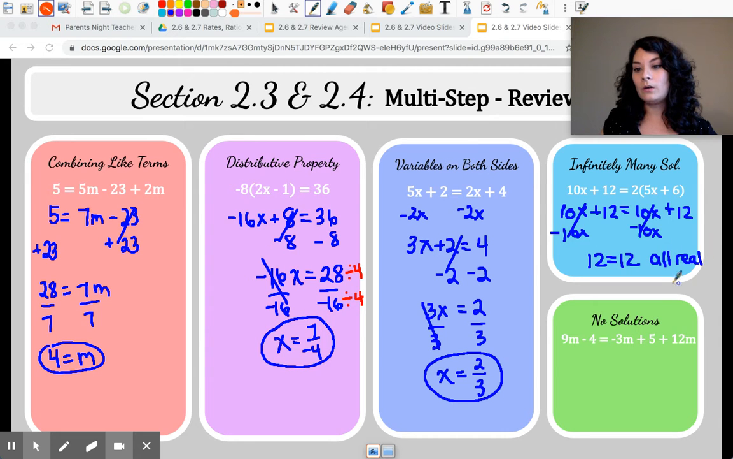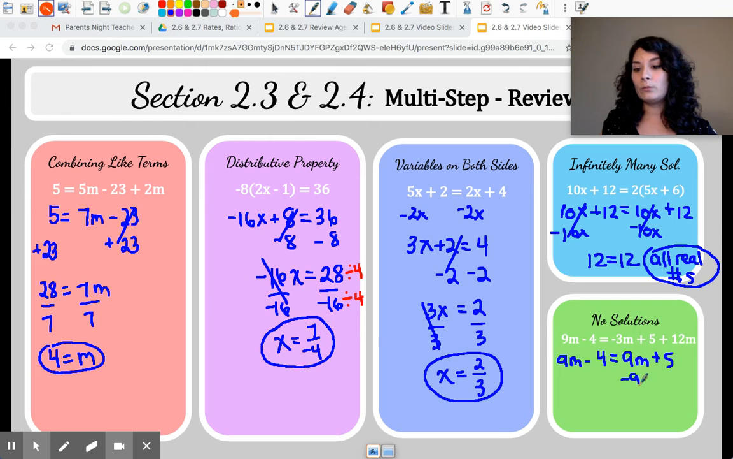So I'm going to say all real numbers, and that phrase is my final answer. All right, last example here on this slide, I'm going to combine some like terms, so that's on the right. That's going to give me a positive 9m. I'm going to bring down my plus 5, and now I'm going to attempt to get my variables on the same